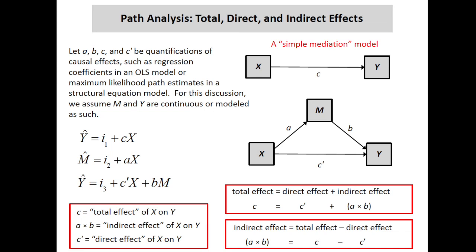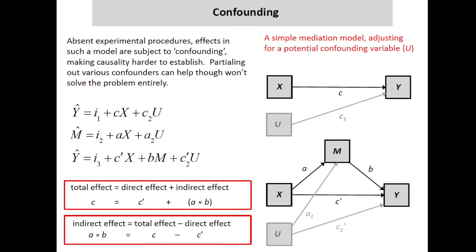Okay, so this relationship between the direct, total, and indirect effect applies to any data you can give to an OLS program. It doesn't make any difference. That will always be true. As long as you're treating M and Y as continua, this relationship will hold. You can't give me an example where that wouldn't be true, because it will always be true. It's not very often that I'm comfortable speaking in absolutes, but this is one which I am.